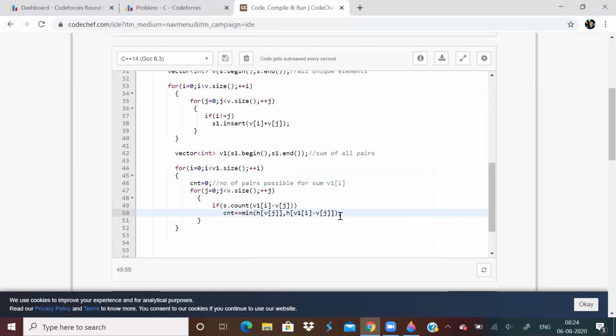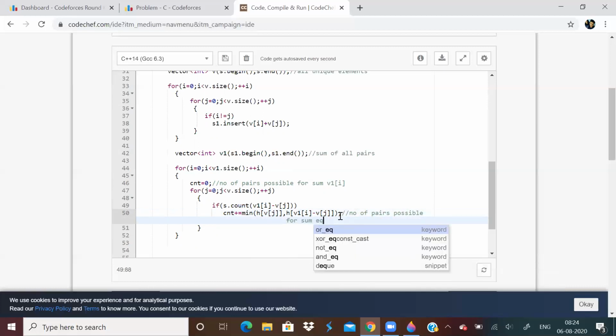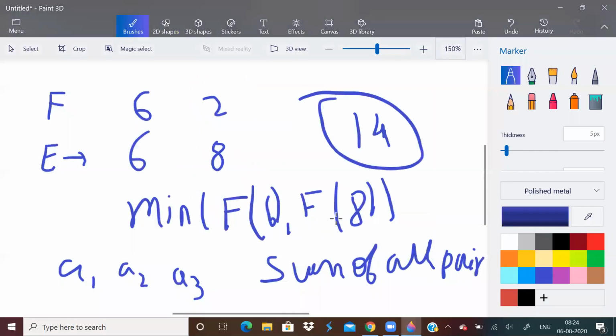What is this? This is the number of pairs possible for sum equal to v1 of I. As I explained in this example, if the sum is 14 and we have two elements 6 and 8, but the frequency of 6 is 6 and the frequency of 8 is 2, how many pairs we'll get?